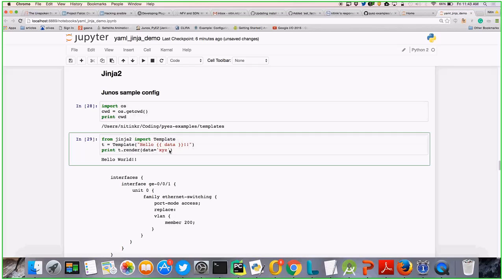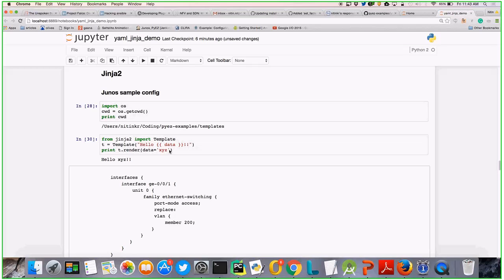Or if I just change here, accordingly your value will be generated. So the plus point with Jinja template is, say you want to work on a big config and a few other things which keep changing for you. Rather than going into your config file and changing it, which is a bit risky, define the template out of that and feed data into that. Your config will be generated rather than touching your template. It's better to just provide data into that.